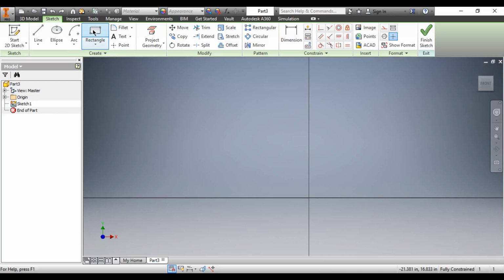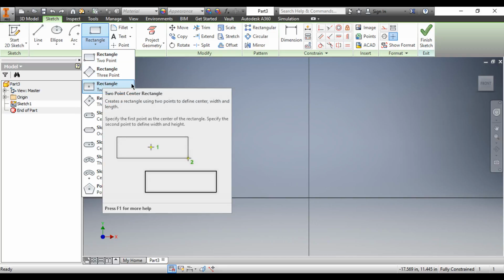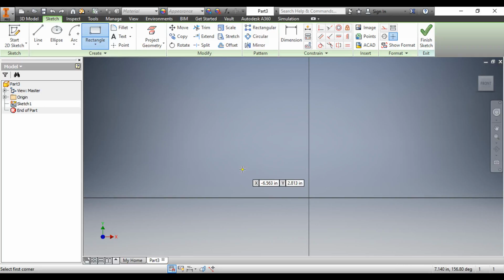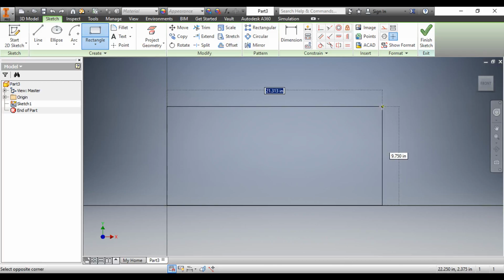Now let's move to rectangle. In rectangle also there are different kinds. One is 2-point rectangle, 3-point rectangle, 2-point center, and 3-point center. 3-point center rectangle is a combination of rectangle 3-point and rectangle 2-point center. First, let me show you 2-point rectangle. Just click some point, and in 2-point rectangle you have control over length as well as height,